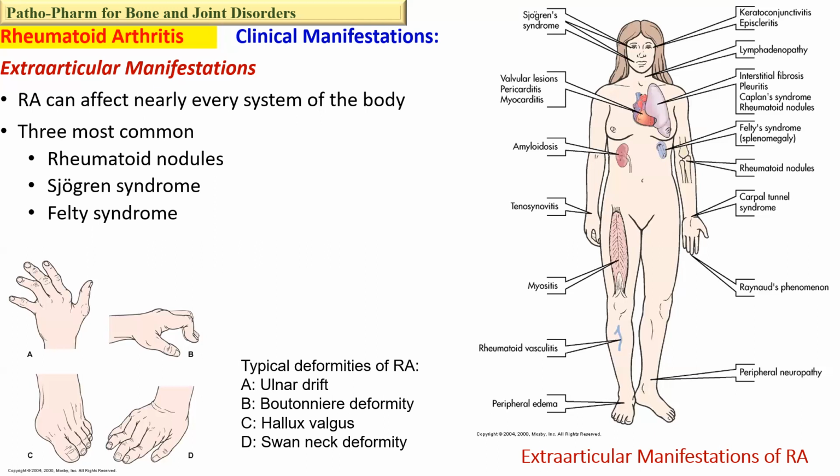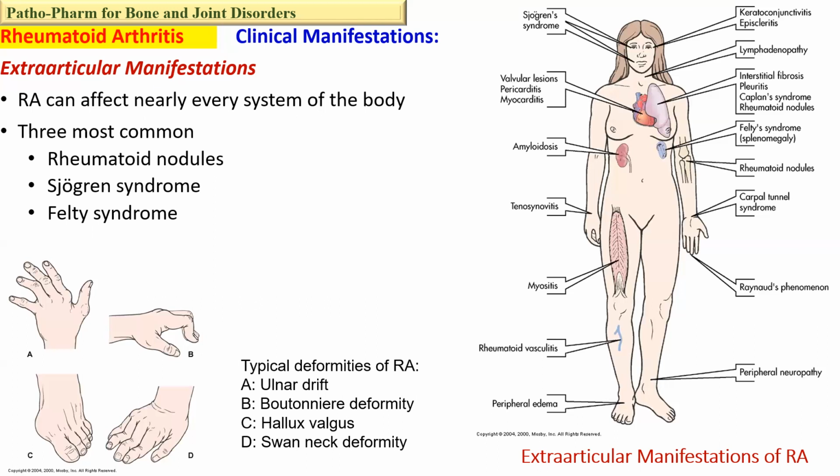Felty syndrome occurs most commonly in patients with severe nodule-forming rheumatoid arthritis. So it's like an advanced, severe rheumatoid arthritis. That's when patients may develop Felty syndrome, and usually there is inflammation, or inflammatory eye disorders, inflammation of